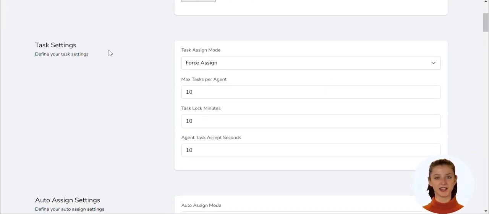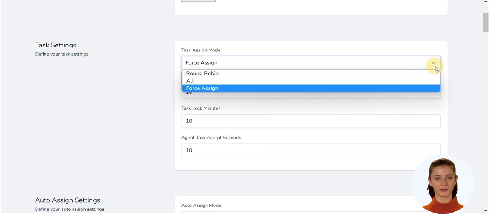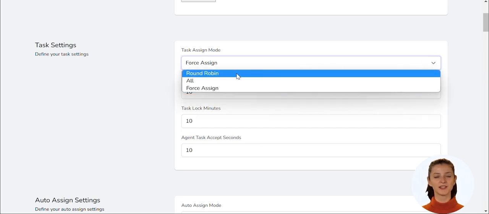Moving on to Task Settings, you will find 4 different settings to configure: Task Assign Mode, Max Tasks per Agent, Task Lock Minutes, and Agent Task Accept Seconds. Let's start with Task Assign Mode. Inside, you will find 3 options: Round Robin,